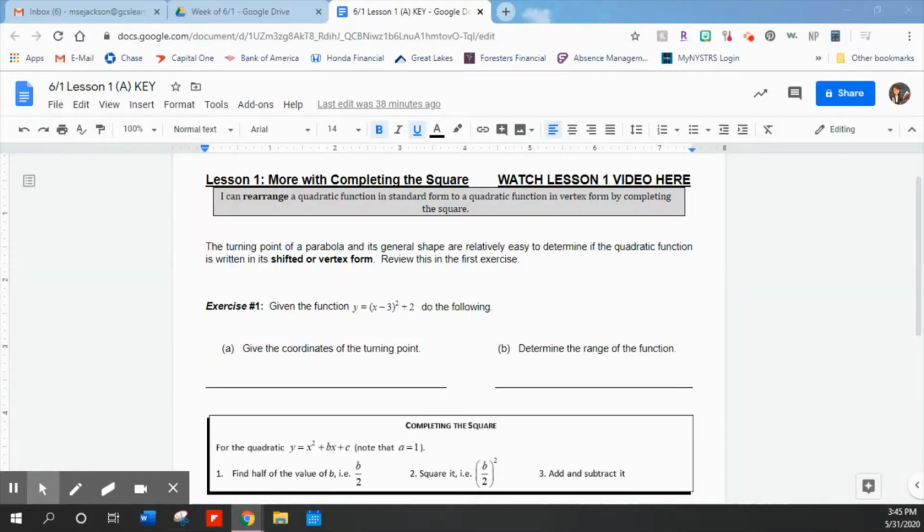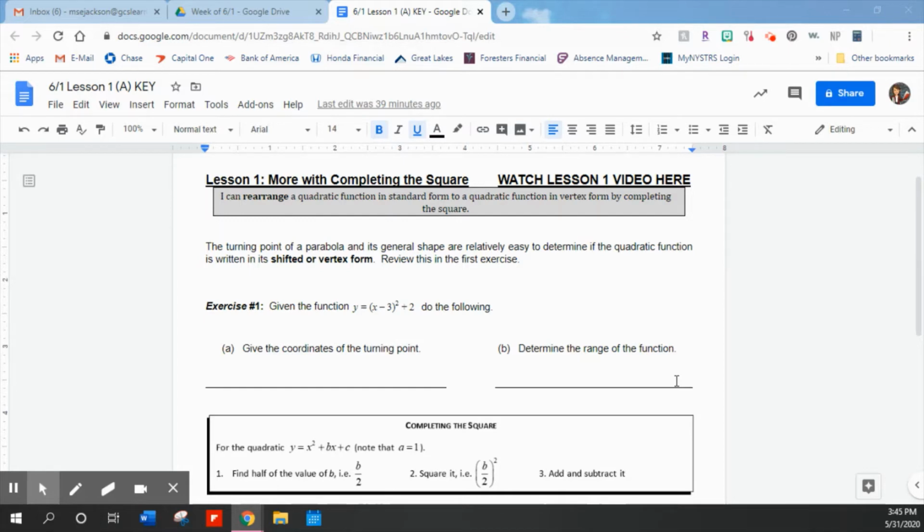Today we're working with lesson 1, more with completing the square. Honestly, today is nothing new. We know how to complete the square, but we just need to keep practicing it because it's a really important concept that's not going away. Your learning target is, I can rearrange a quadratic function in standard form to a quadratic function in vertex form